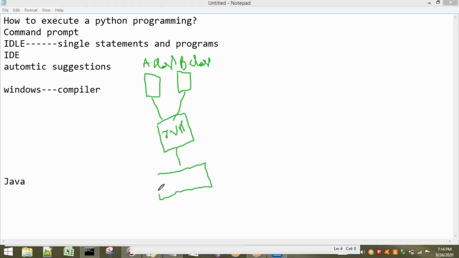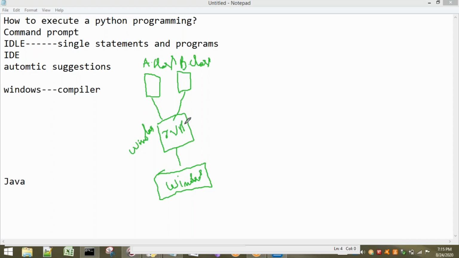This is a Windows system, so it can understand only Windows related language. So this JVM is Windows JVM. The purpose of JVM is to convert bytecode to Windows understandable language. Which JVM can convert it? Windows JVM.